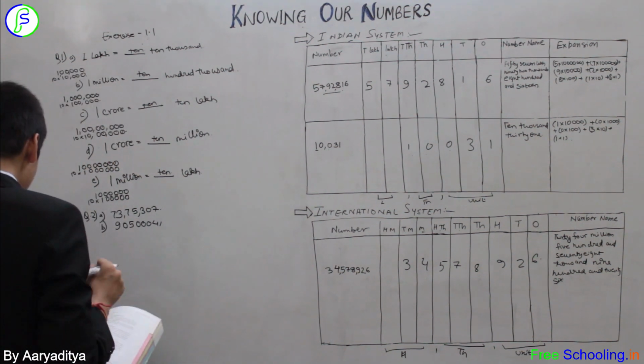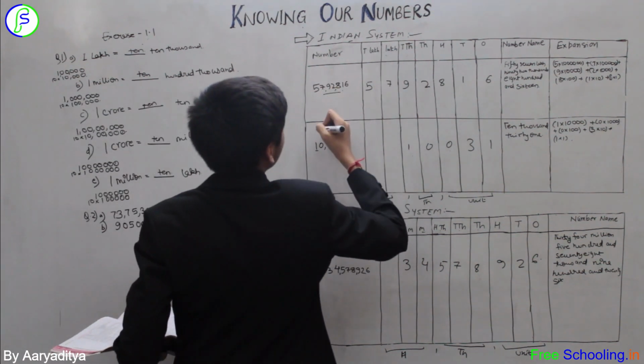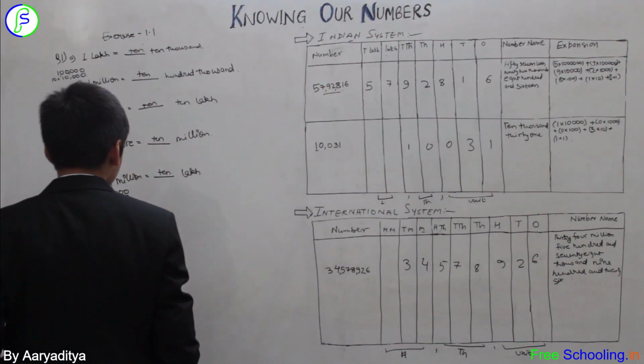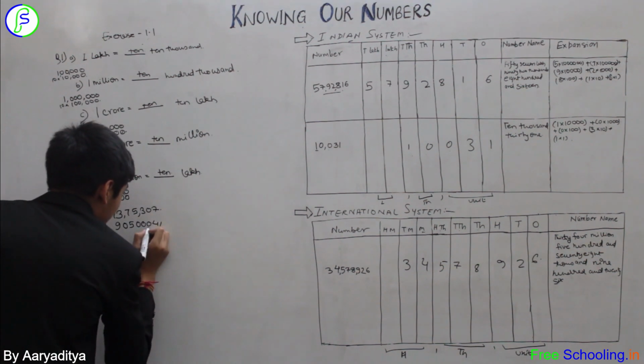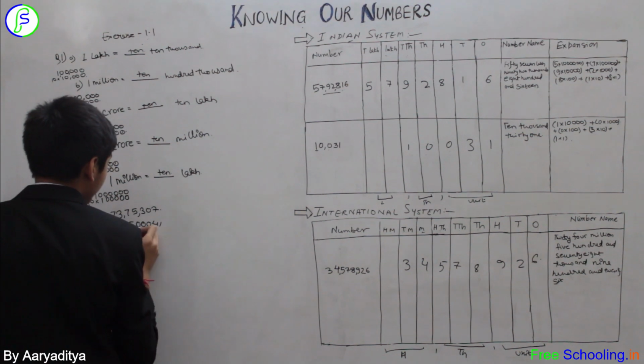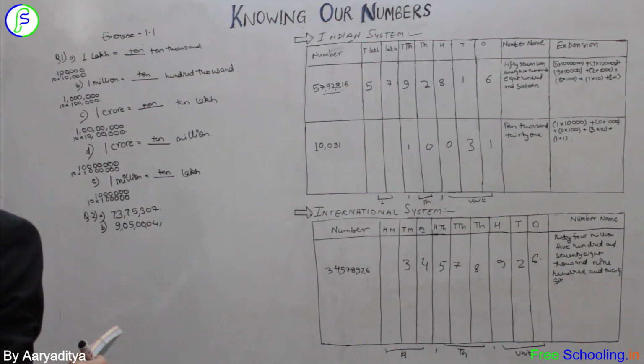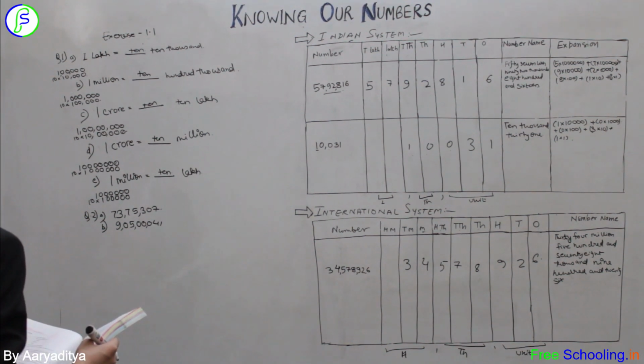And now we know that there is a crore, and crore is just after the 10 lakh in Indian system. So we just start inserting commas according to the Indian system, starting from the right hand side, leaving the first 3 digits, then the next two, then the next two. So what do we get here? 9 crore 5 lakh 41, and that's the same.